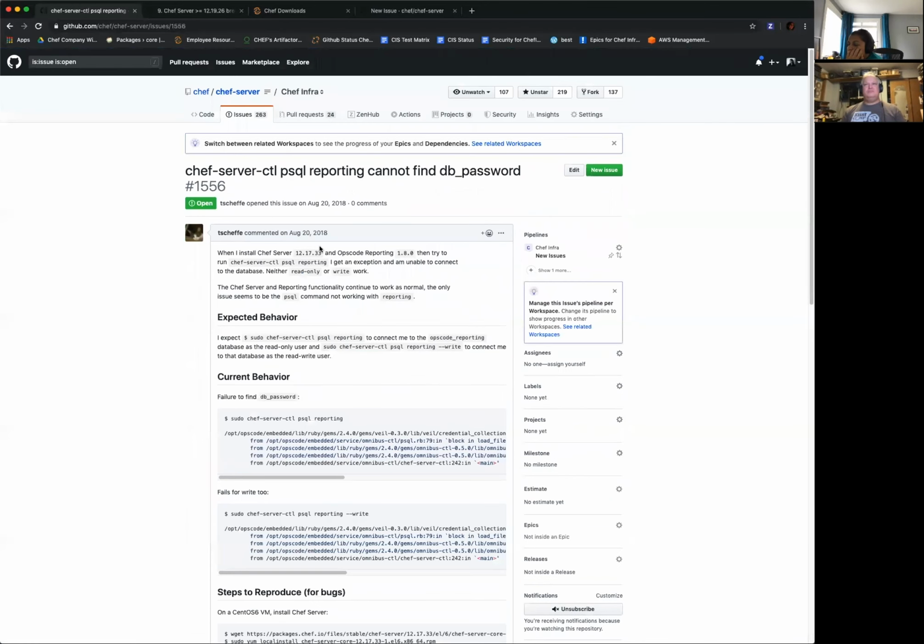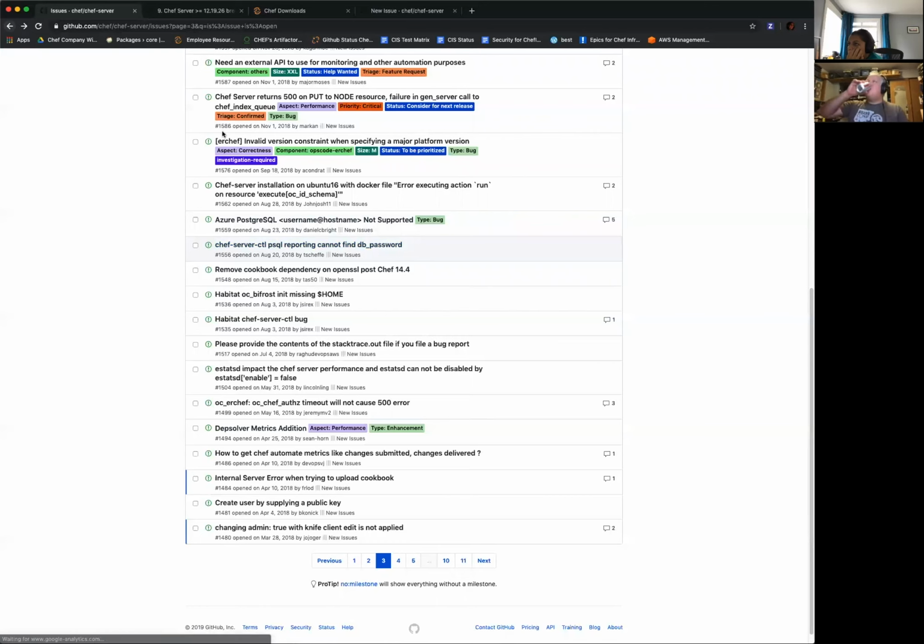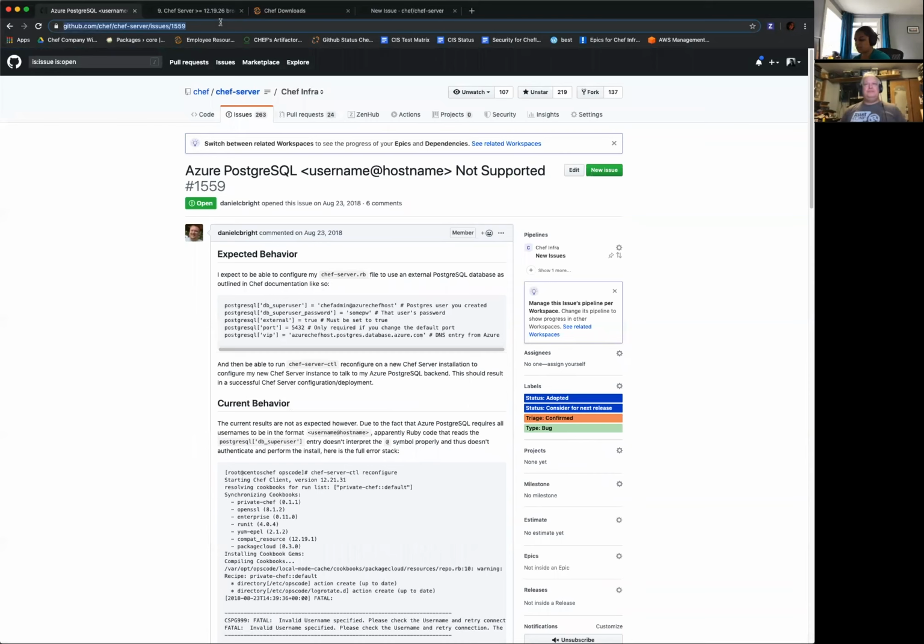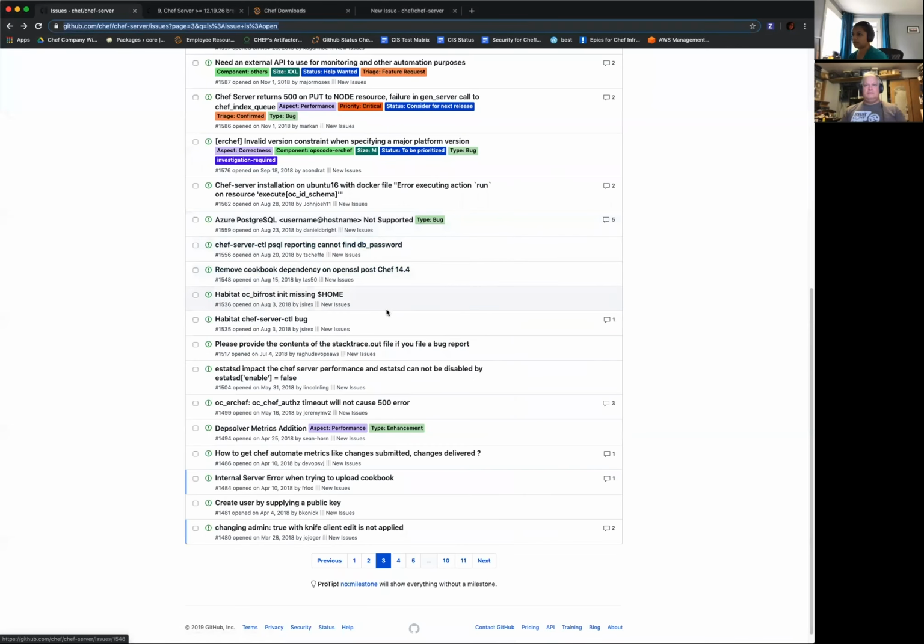Chef server control basic. You know what? Sorry, I want to make a note of this. I have a sheet that I'm maintaining to track the work. We have everything in GitHub, but this is just to make sure that the GitHub issues don't get lost between all of the labels, which is not a good thing.